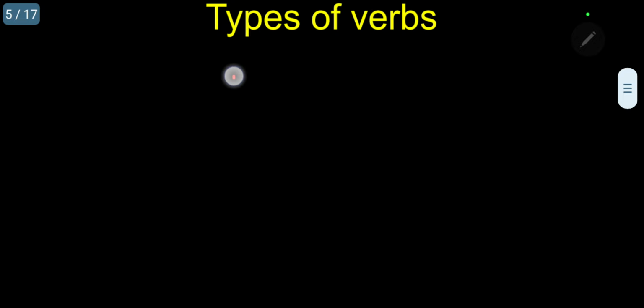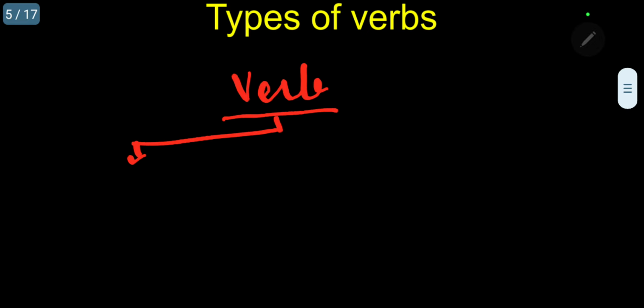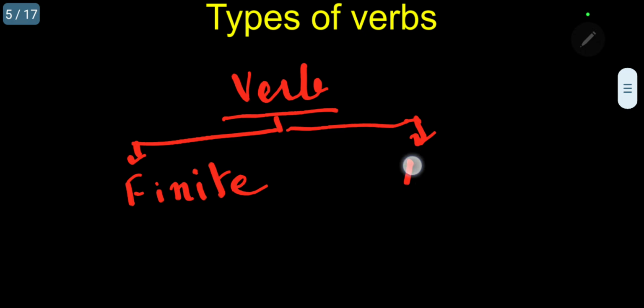What is a verb? The verb means in Tamil Vinaichol. According to the Oxford Dictionary with the Tamil version, latest, I have observed, counted by computers, that 3,565 verbs were discovered. I classified these verbs into 2 types. One is finite verbs, another is non-finite verbs. Please follow, very, very important.